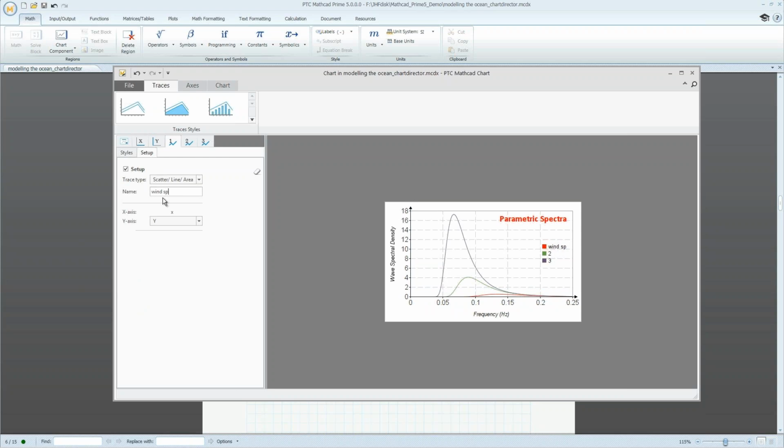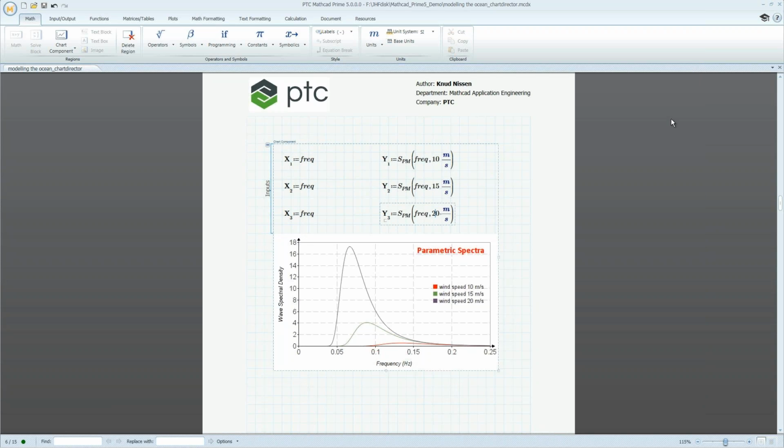Make sure that, again, there's no confusion about what you're trying to represent. So you can further simplify and clarify your communication of your engineering data by adding in this legend. Mathcad Prime 5.0 remains at the forefront of the engineering software world to deliver computational software with ease of use. So you can enhance the visualization of your data with the new and robust 2D plotting capabilities in PTC Mathcad